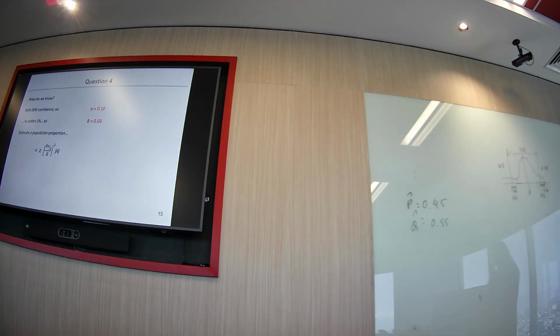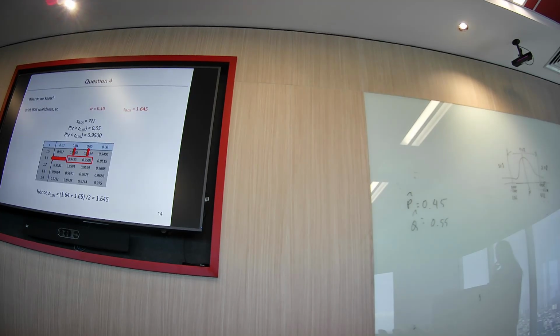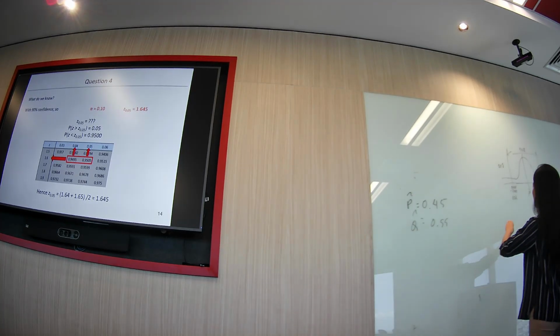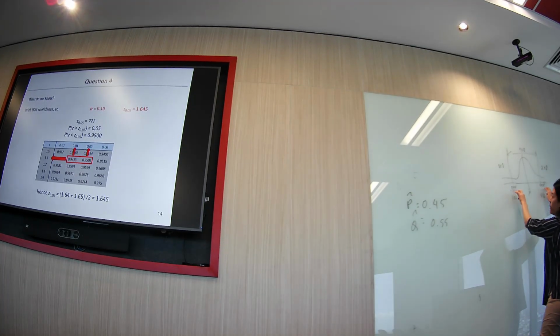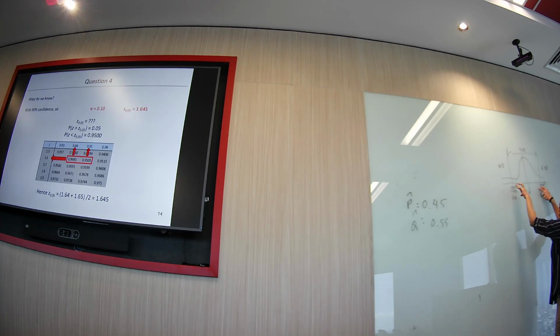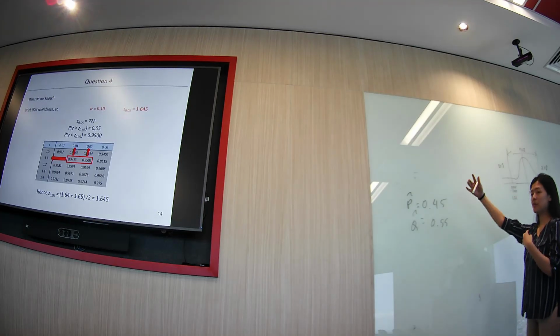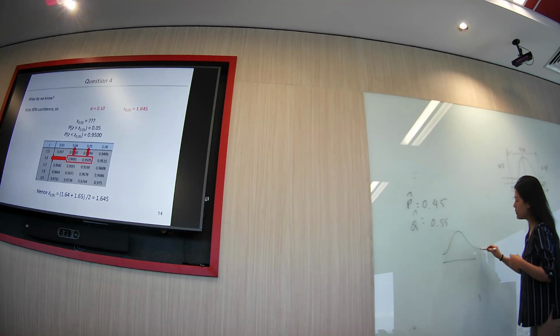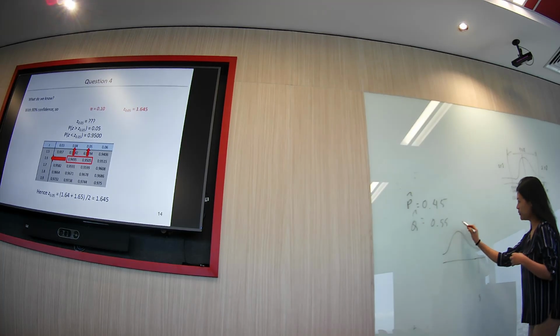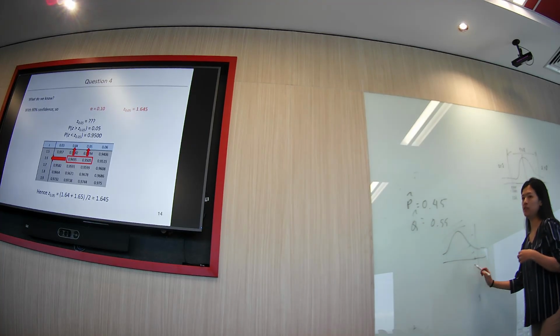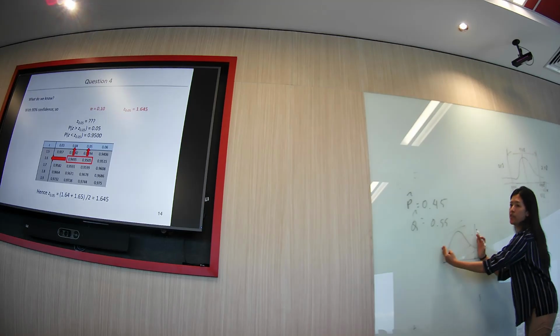And let's find the alpha over 2. But this one is not the 95% confidence interval, this one is the 90%. So this one is a bit different. With a confidence interval you find the upper limit and also the lower limit. But this one is asking you for the sample size, so you only care about this area. Your n should cover all of here.